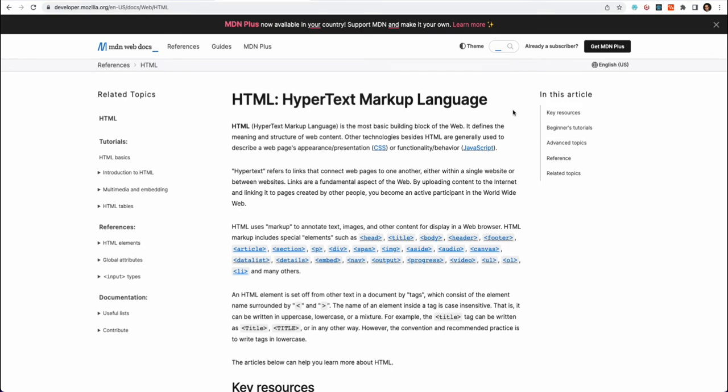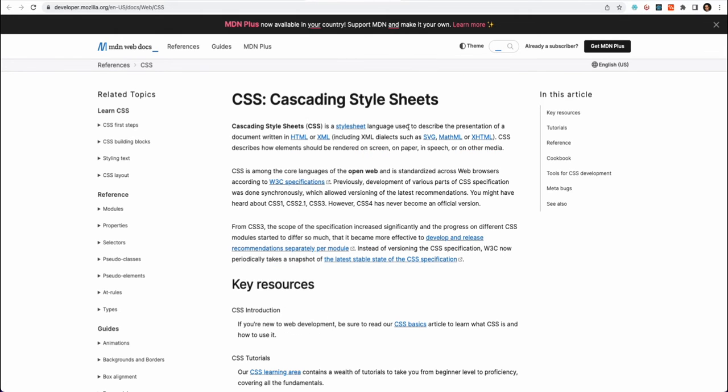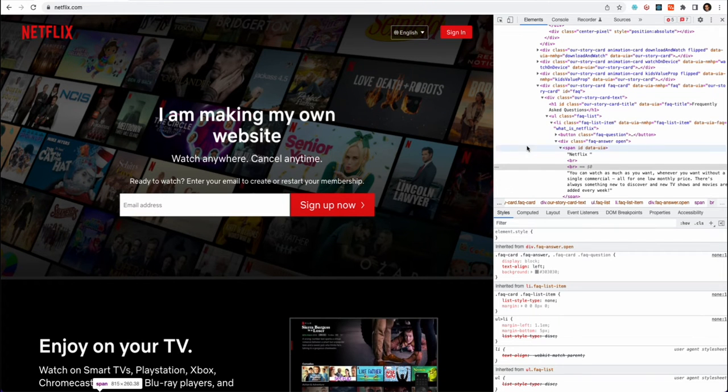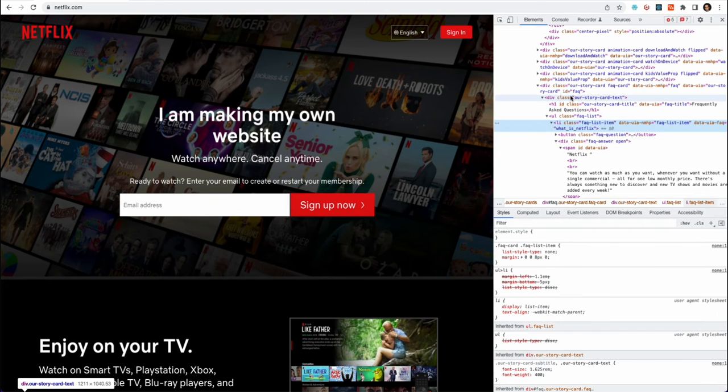The other common technology that's used in building websites is CSS. CSS is basically used to manipulate the website's appearance and presentation. It's short for cascading style sheets, and you can basically use CSS to style your web page. And again, back to our Netflix website, you have noticed as I click on different elements,